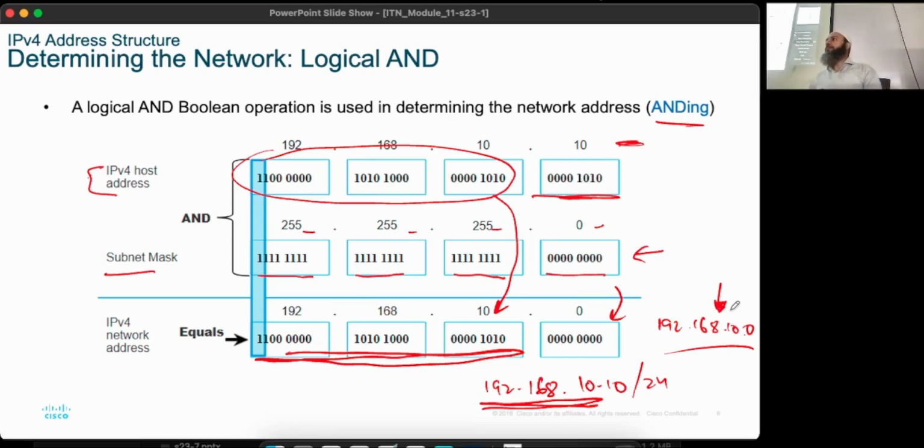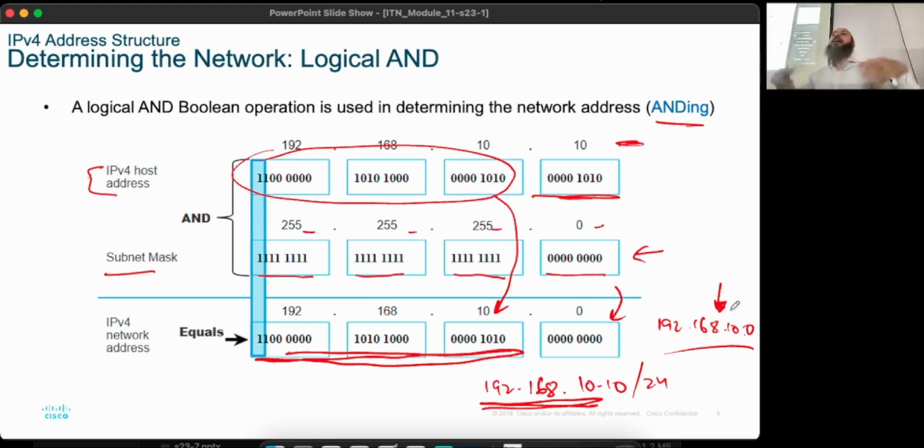Means we remove the host portion. Essentially, yes. You zero out the host portion. You don't remove it. So the network address is not 192.168.10. No. The network address is 192.168.10.0. So the word remove is kind of wrong. So you zero it out. But I understand what you're saying. So yes, exactly. The concept is simple. Everybody agree? The concept is simple.